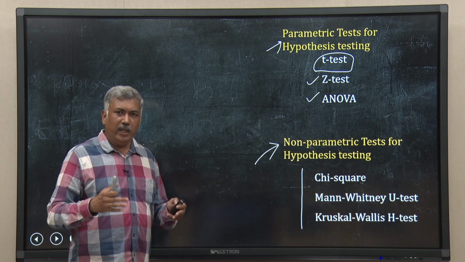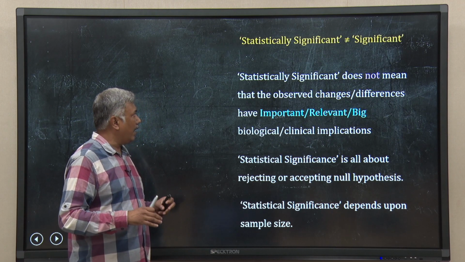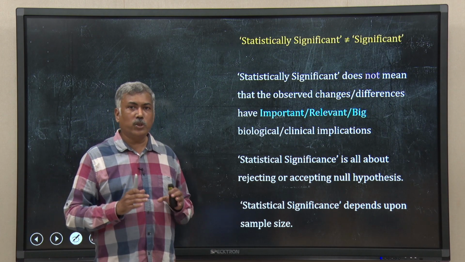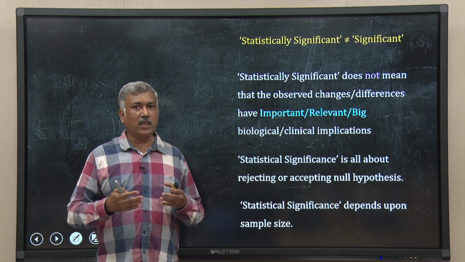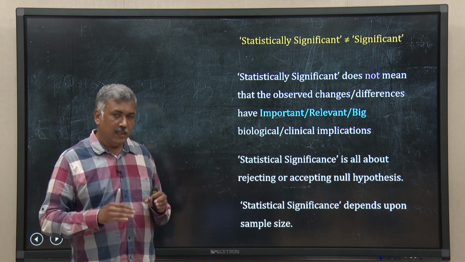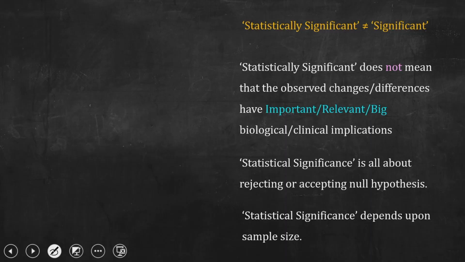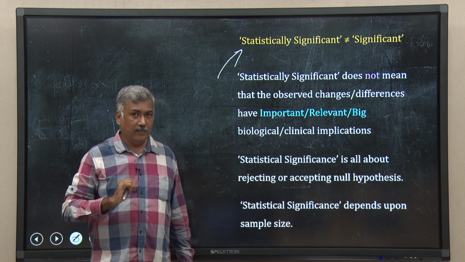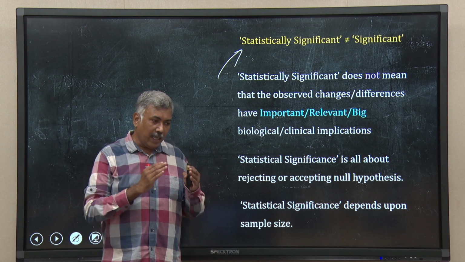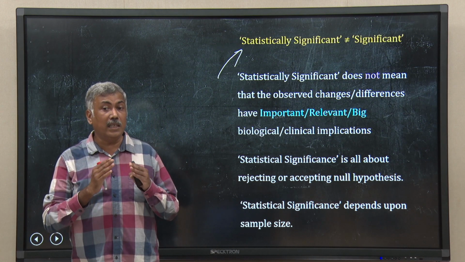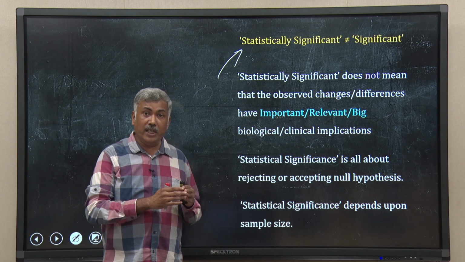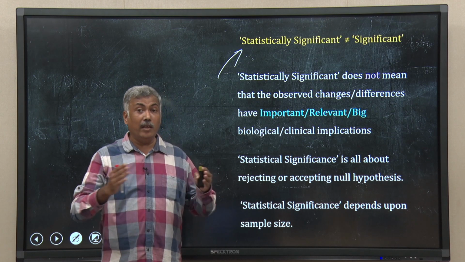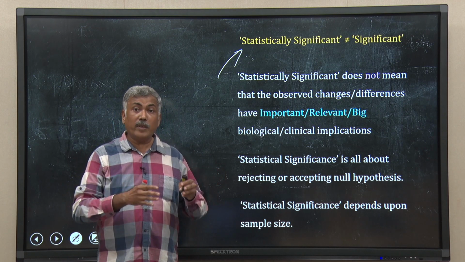Now, we have almost reached the end of this lecture, but before I move to the key points, I want to highlight an important issue which many a time we miss while using statistical tests of hypothesis or tests of significance. The most crucial thing is that statistically significant is not equal to significant. What do I mean by that? Something which has come out to be statistically significant does not mean that the observed behavior or observed change that you have seen is important, relevant, or very big or very small with respect to the biology or